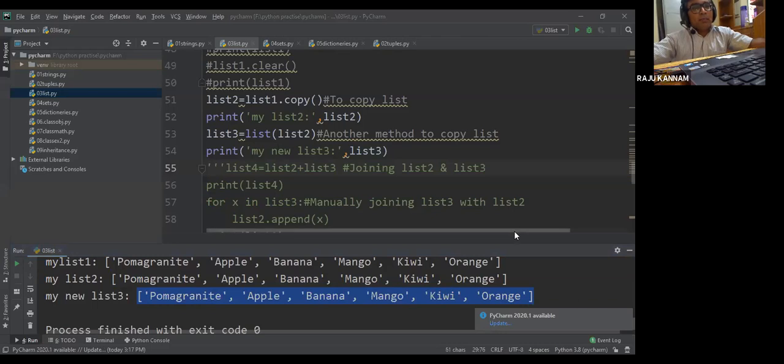Sir, I'm okay. Pooja Paliwal is asking, sir, in list 2 can we add more data? Yes, we can add more data, right? So now that we are going to see.